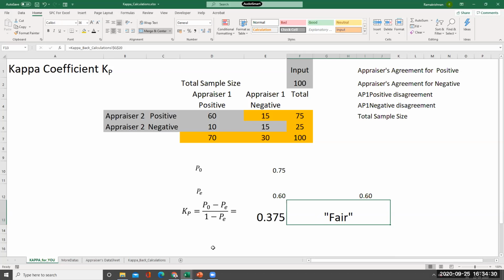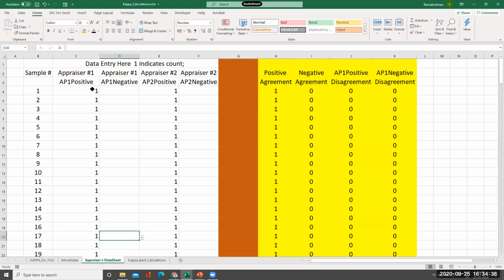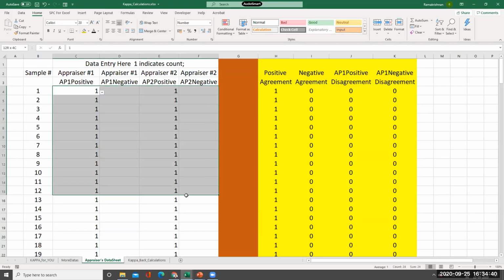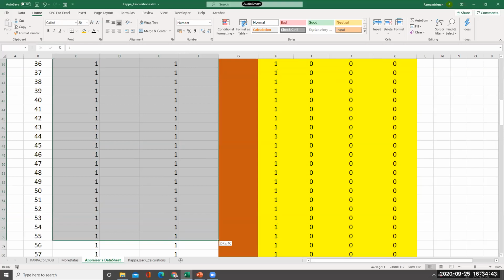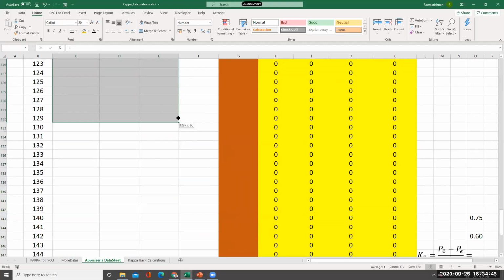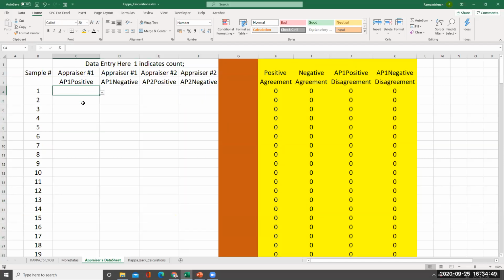Now, you will not get the data like this. You will be given data like in this case, I will show you. This is the data I have taken there. Now this 100 data, I will remove it. I can put a data here, 1. See, this is not okay, because he can say either positive or negative, not both. Therefore, this is not okay. I'll have to put only 0 here.